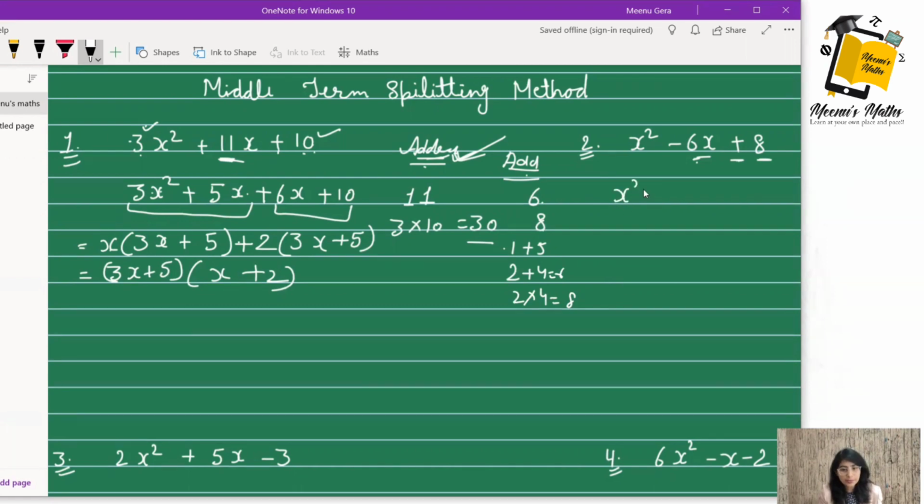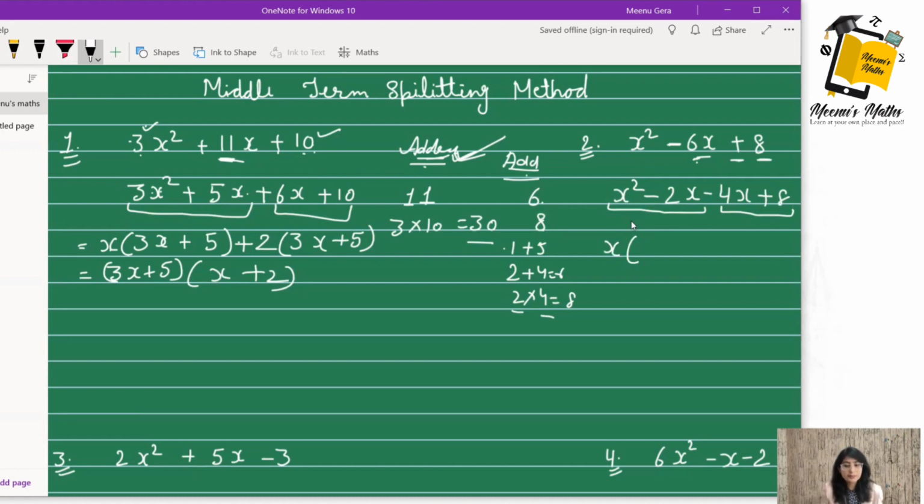So now go for this. This is x square. We have seen that we got 2 and 4. We can write it like here 2x and 4x plus 8. Now we are looking at the sign, minus. As it is negative, both numbers will be negative. It is the difference between the sums, as we have taken here plus and plus because this was plus. This is negative, so we have taken both minus signs. Again, the next step is the same. Think of it like two terms and take common from here.